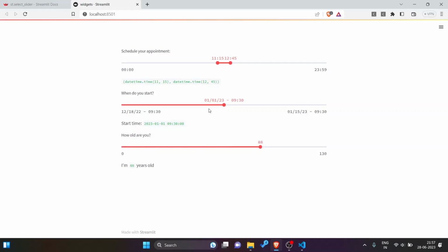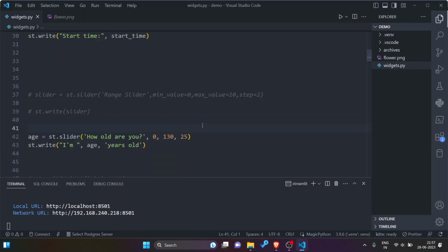Similar to this slider, we were able to choose date and time fields and a range of time fields, but strings were not available. Then here comes the select slider, which we can use for our slider needs which are not numerical or date values.